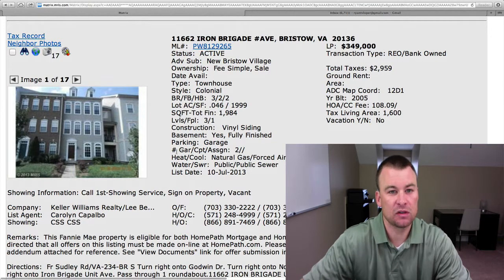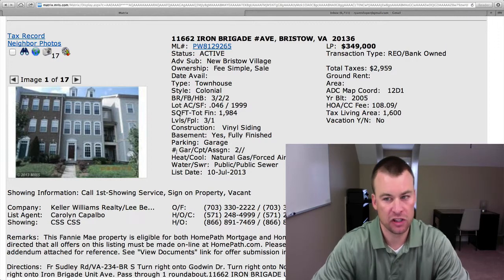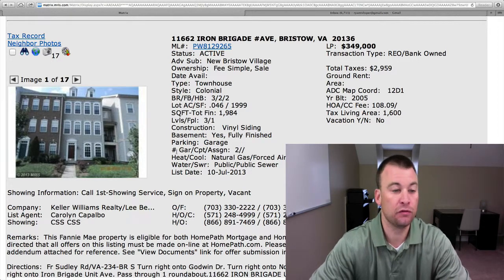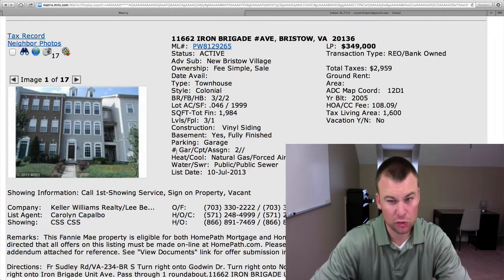The next one is 11662 Iron Brigade Avenue. This is located in the New Bristow Village subdivision. This is an REO. It's a bank-owned foreclosure. Fannie Mae is the owner of record on this one. It's a townhome, 3-bedroom, 2 full baths, 2 half baths. It's listed obviously at $349,000. Total square footage is